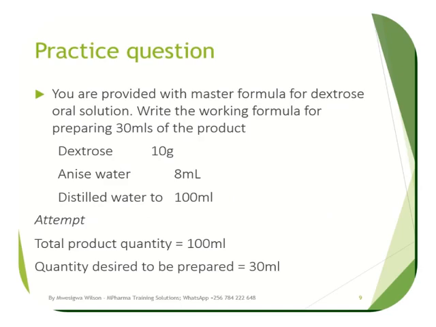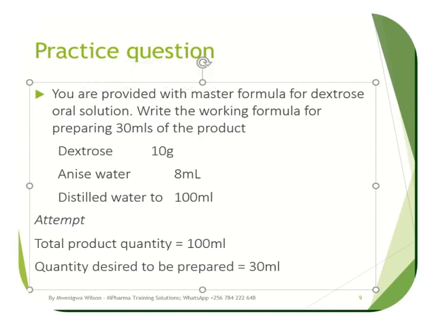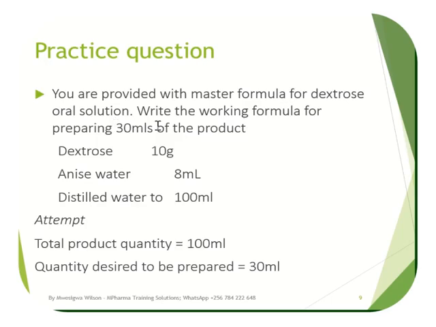I have some practice questions here. You're provided with the master formula for dextrose oral solution. Write the working formula for preparing 30 ml of the product. This is the formula, dextrose, this. I just try to summarize for you here. Quantity to be prepared: the total quantity of the formula is this. If there's a word "to", it is the total quantity. But the quantity desired to be prepared is 30 mL, which means that